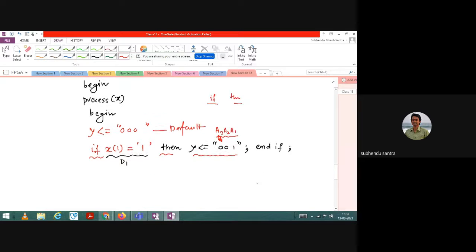Now next, if x2 is 1, it is not double, it is only single. Then y I should assign 0 1 0, and end if.